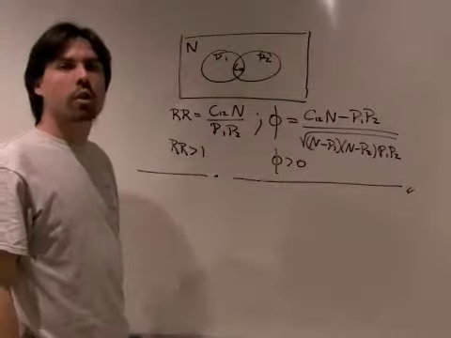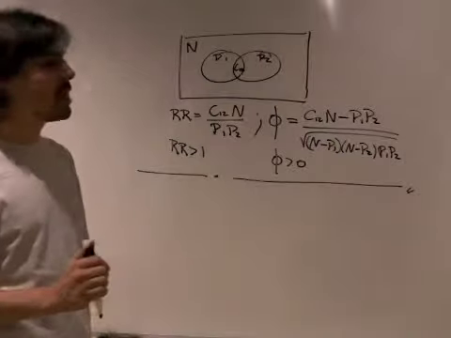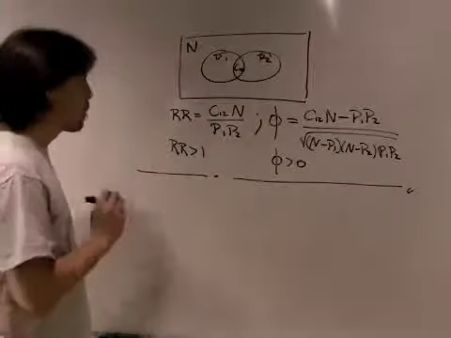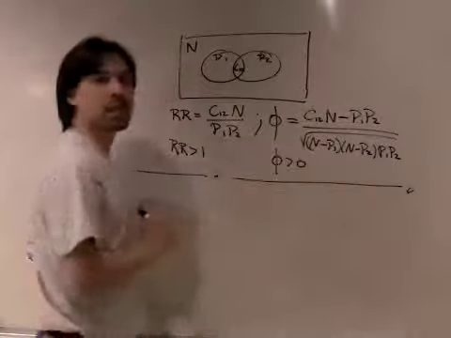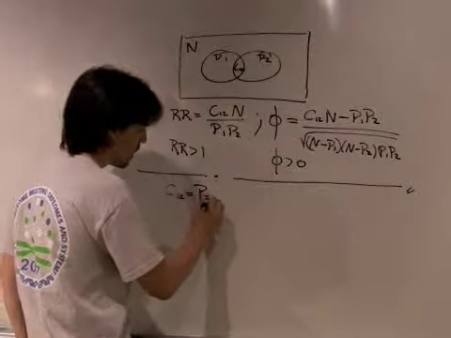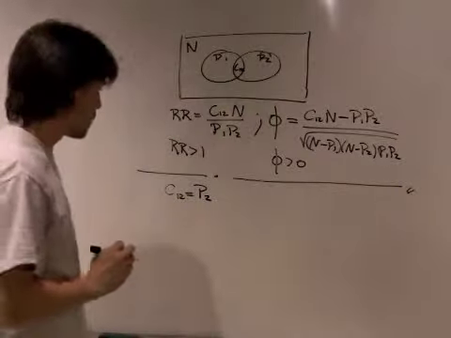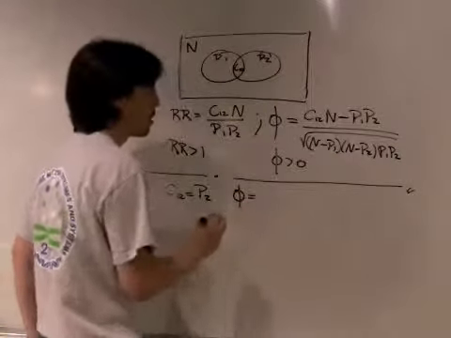The Phi correlation also has some biases. What happens when we have two diseases that are maximally correlated? When two diseases are maximally correlated, we can say that the overlap between them is maximum, and then we can assume that C12 is equal to P2. Okay? So in that case, Phi reduces to